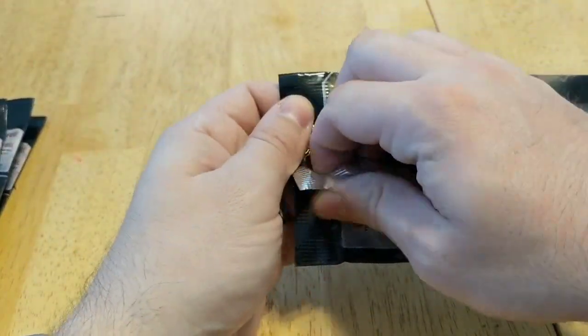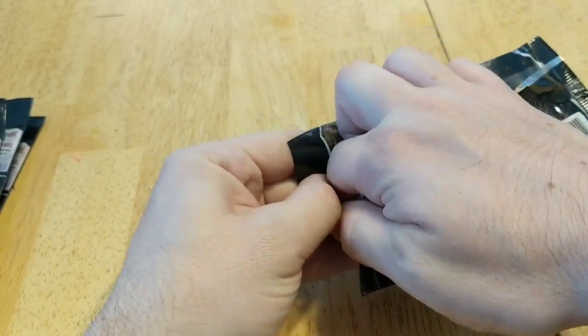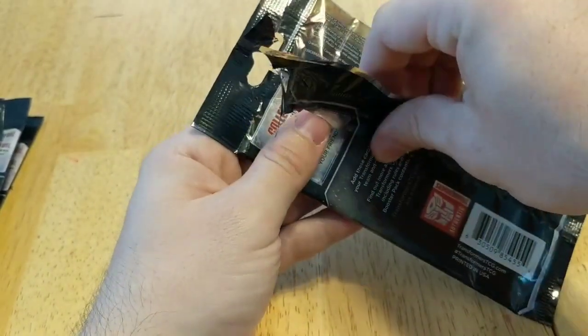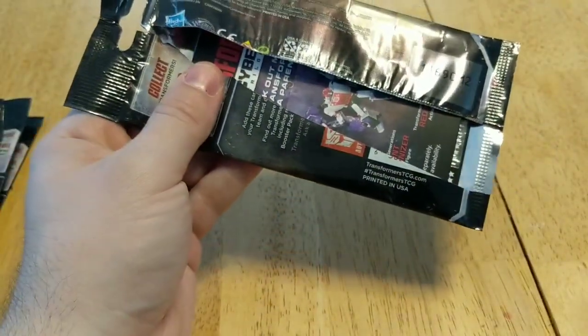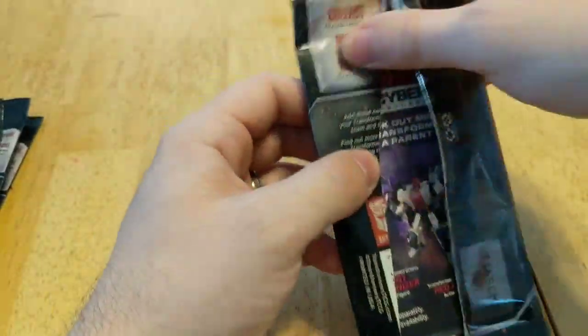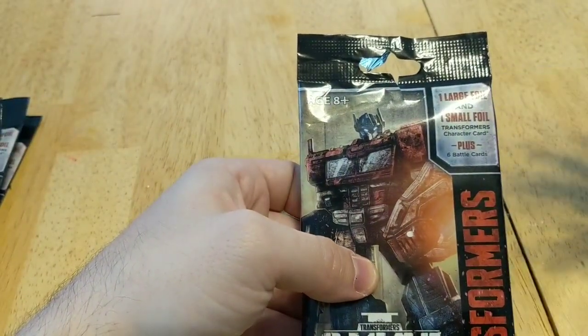So this line is themed off of the new War for Cybertron Siege toy line, which the story of it is that it is supposed to take place on Cybertron before the war. Oh, and there's an advertisement for that toy line in the package. Look at that. But it also is supposed to come with one large foil character, like we're used to, and